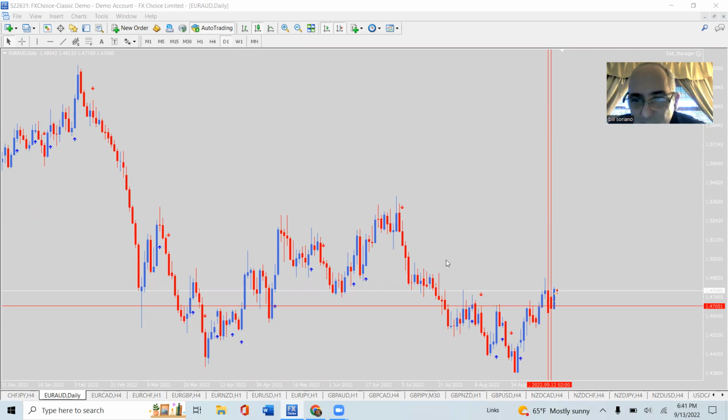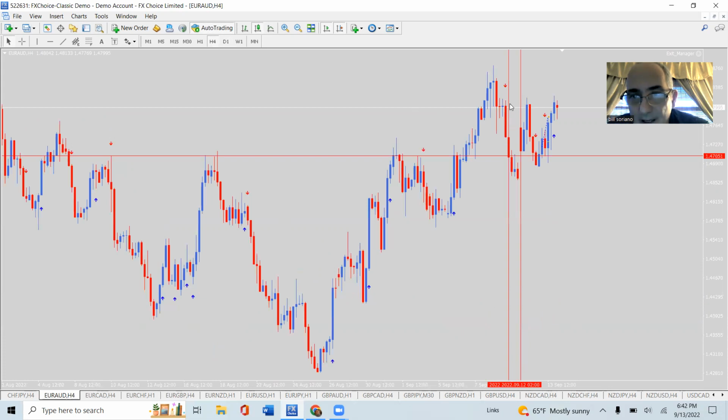Okay, so on the daily chart here, when you're looking at a trend on EURAUD, it's been in a longer term downtrend, but right here we have a 2x2 on the way up off the bottom. So 1 2 1 2 breaks this internal structure right in through here. This became bullish on the daily chart, and on the H4 it had been bullish. So we were looking for buys,